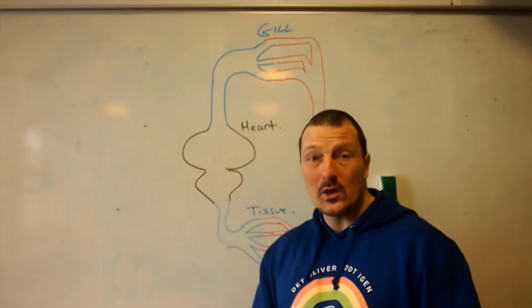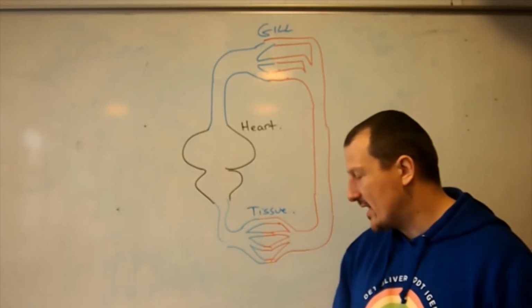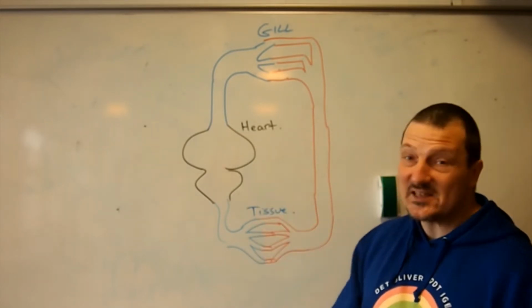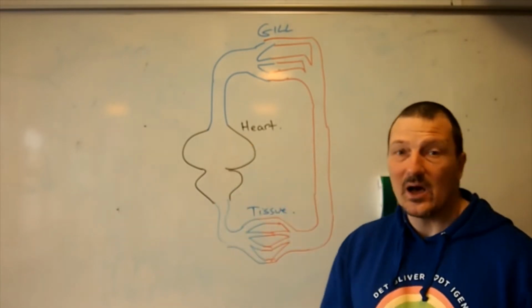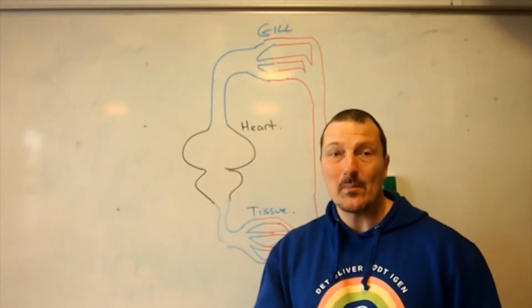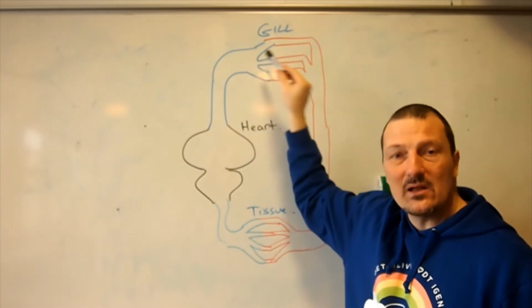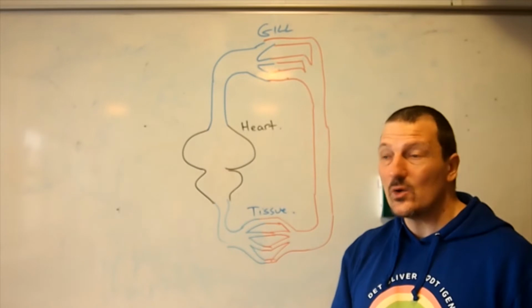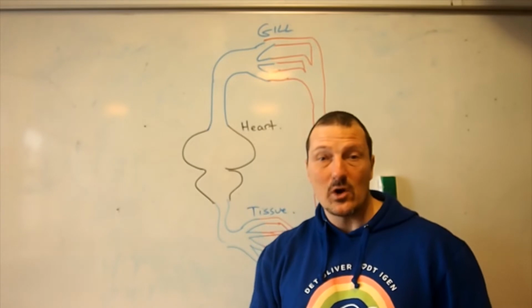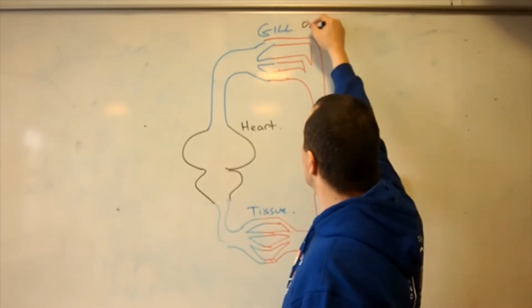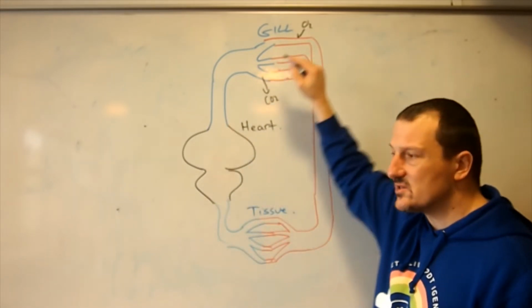But here we have a circulatory system badly drawn in a fish. Now we're gonna here differentiate between a single circulatory system and a double circulatory system. This is a single circulatory system as we see in a fish. So we start here in the heart. The heart is a muscle that pumps, and by pumping it creates pressure and forces the blood out into the gills. In a fish's gills, the blood goes from being deoxygenated to being oxygenated, which means the hemoglobin binds with oxygen. So we get O2 in here and release CO2,